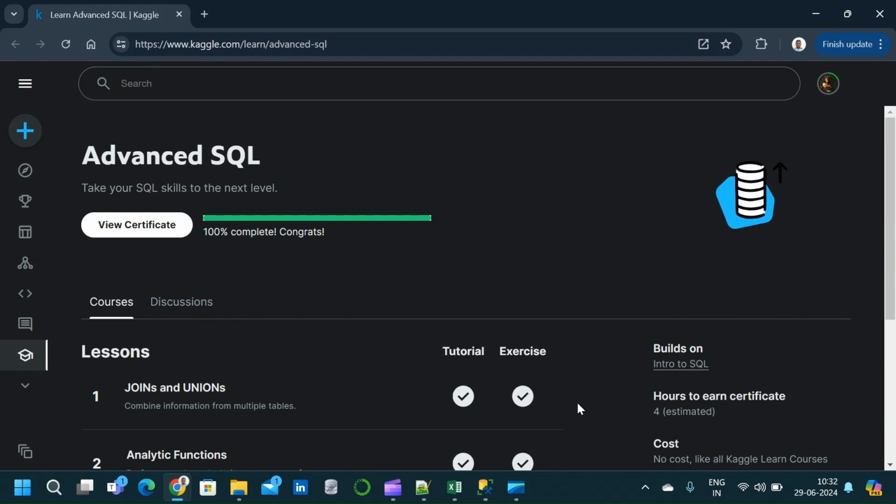Even the exercise is not very difficult, it is pretty simple for people having some experience with SQL. And after completion of the course, you will be provided a certificate which you can download from here, and you can share it on whatever platform you would like. So these are the two courses which Kaggle provides us and which are completely free for people who are learning